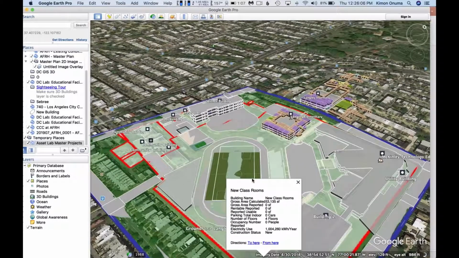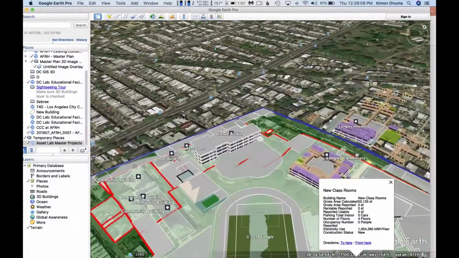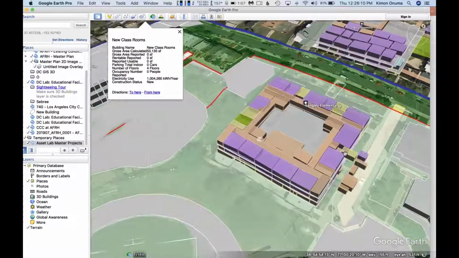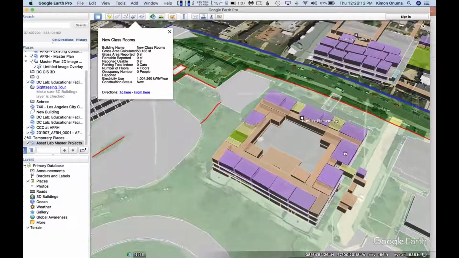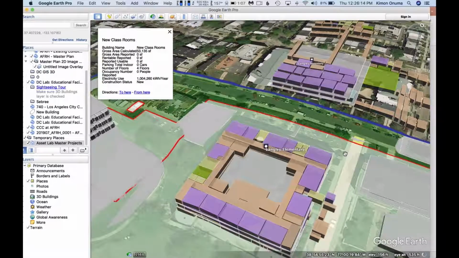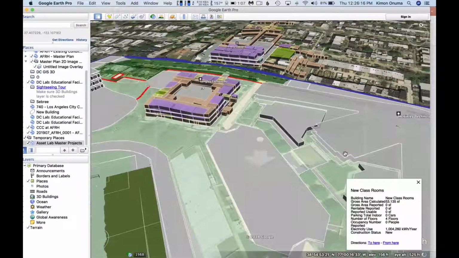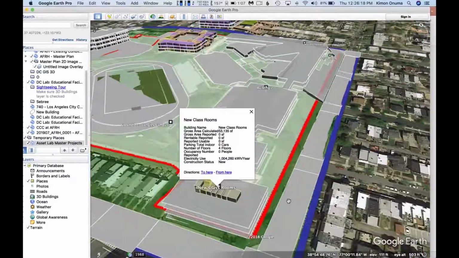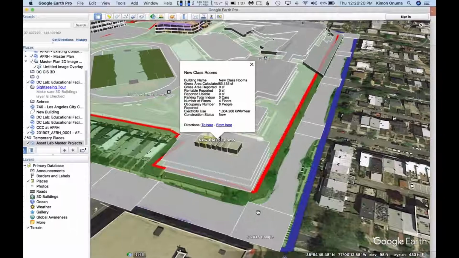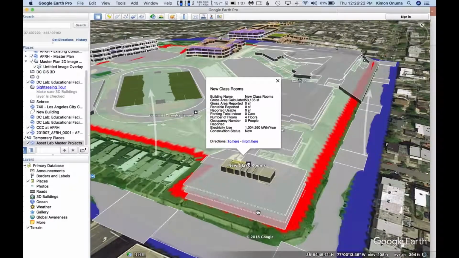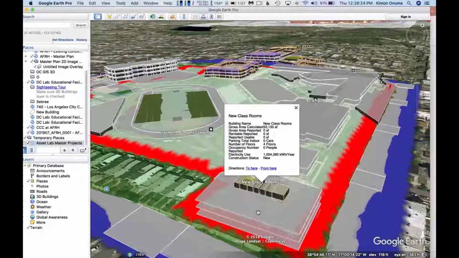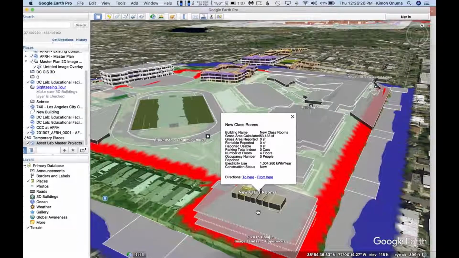There are existing buildings. The one I talked about from the data from Fortel is now color coded into the building from the data received from Fortel. And then we also, with the students, placed a proposed new building here. And these aren't very pretty. And the idea was not to make it beautiful here.